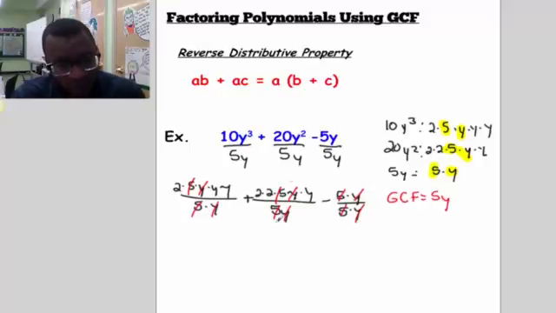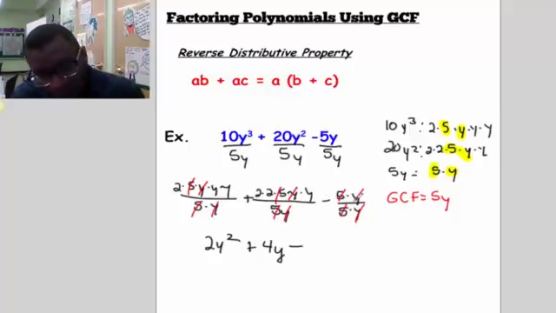Okay, so my resulting polynomial is going to be 2y squared plus 4y, because 2 times 2 is 4, and I'm left with 1y, minus, now 5 divided by 5 is 1, and y divided by y is 1. So the result of this cancellation is going to be just 1. And so my final step, once I simplify and cancel out everything that cancels out by the GCF and I get my resulting polynomial,